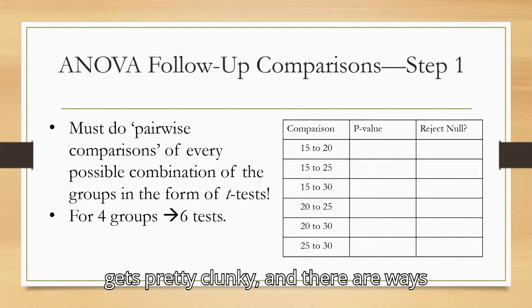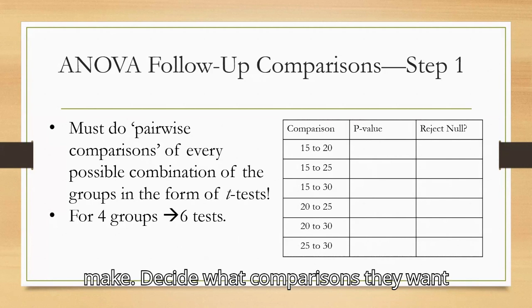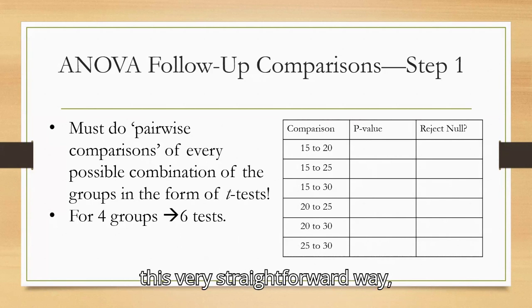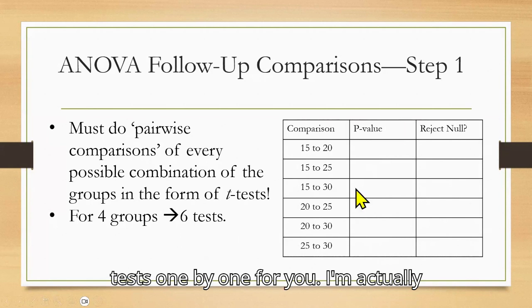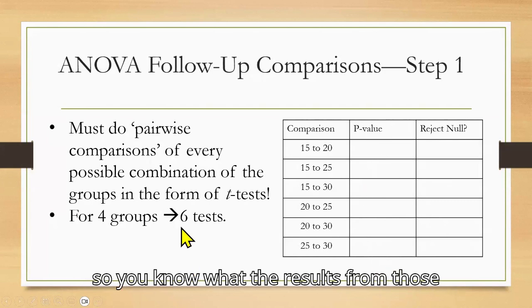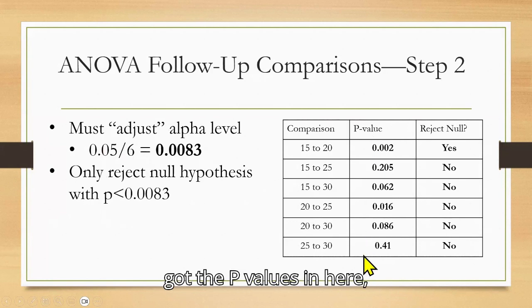And there are ways that statisticians decide on what comparisons they want to make ahead of time and simplify the process. All right, we're just going to do this very straightforward way. I'm not going to do all these t-tests one by one for you. I'm actually going to give you the p-values here so you know what the results from those tests were. So we've got the p-values in here,